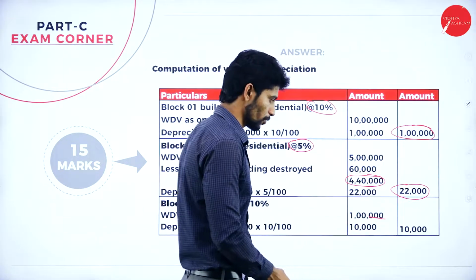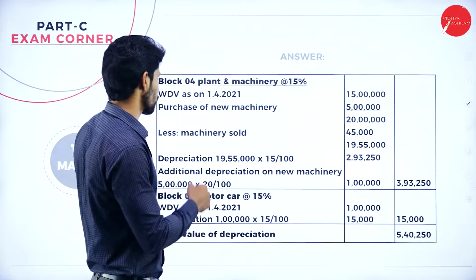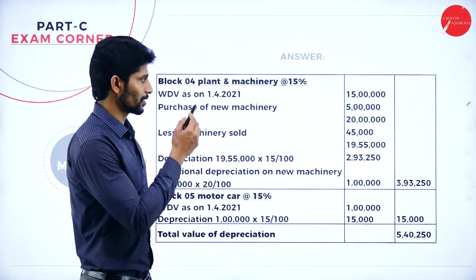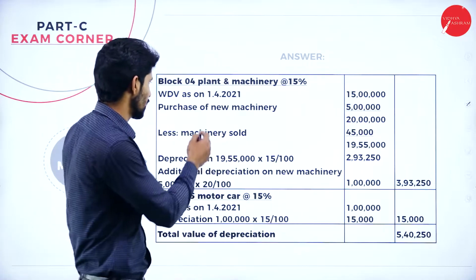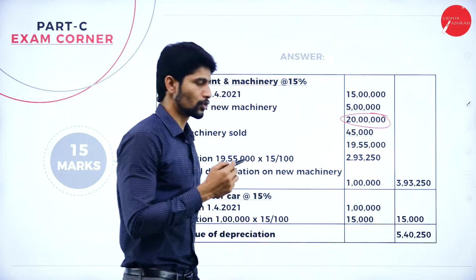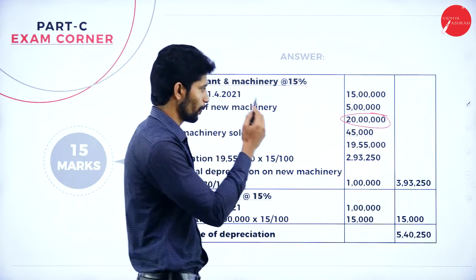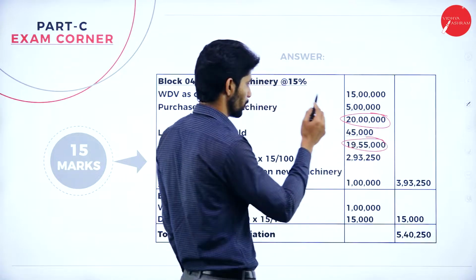On 1 lakh, if you compute 10%, you will get 10,000. Next, block 4, plant and machinery. Yes, the WDV value is 15 lakhs and the value of new plant is 5 lakhs. Totally, the value is 20 lakhs. So from that, less machinery sold worth rupees 45,000. Balance you will get rupees